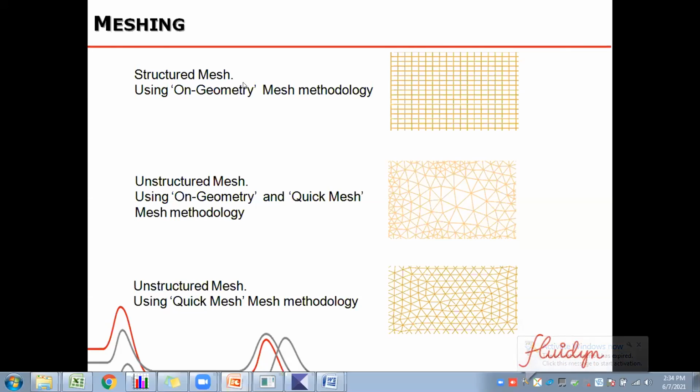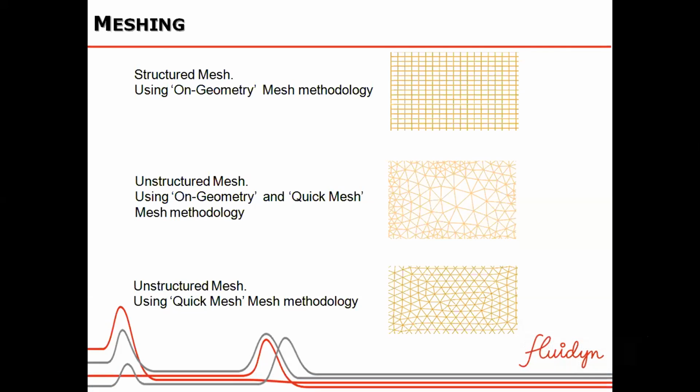If that is not achievable, you should split the geometries in such a way that the face will have only 4 edges, or the shell will have only 6 faces. If that is not possible, the user can directly go with unstructured meshes. The advantage of unstructured meshes is that it may help a user create the mesh with very little user interference, like geometry cleanup and all these things. It will be quicker compared to creating a structured mesh on a complex geometry.